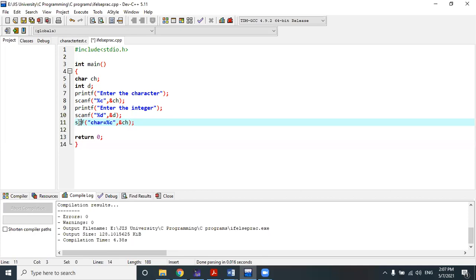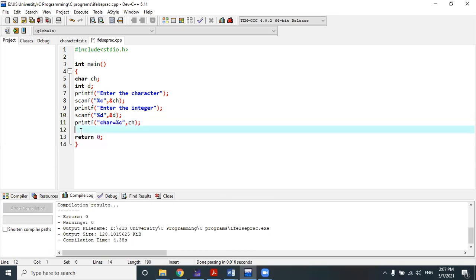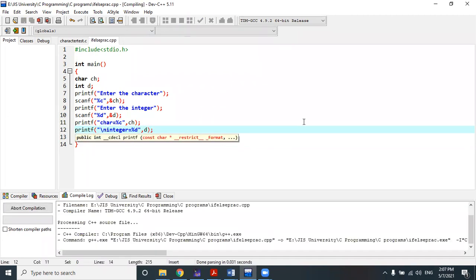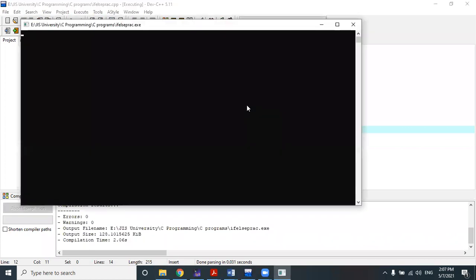Equal to printf, percent d. So I'm printing the character and integer again. I'm giving the character a, giving the integer 77.